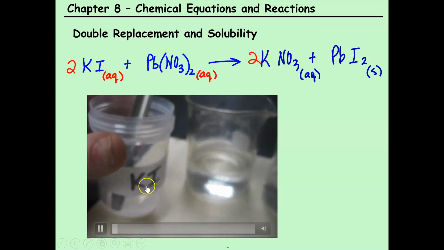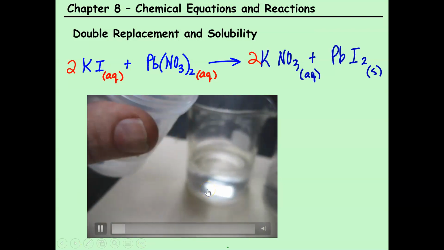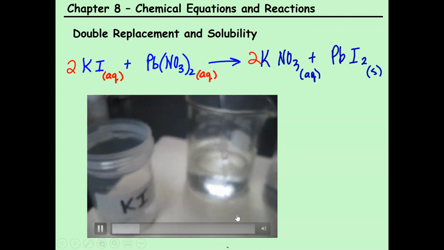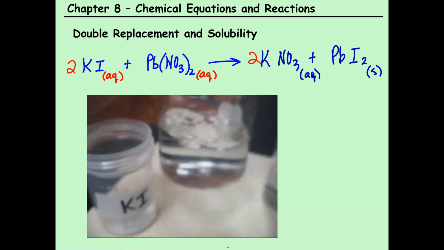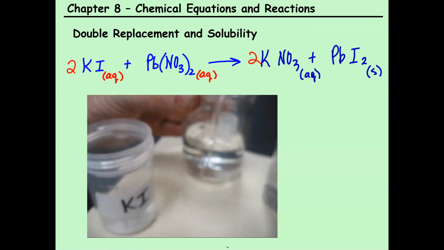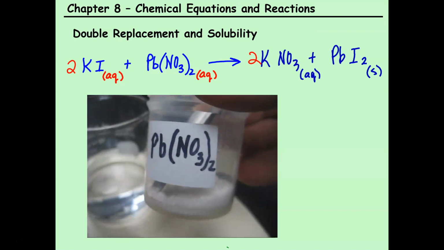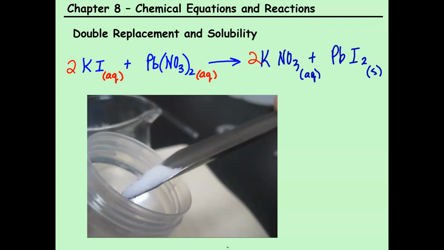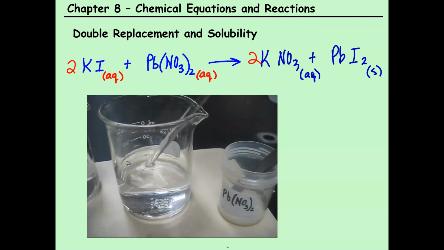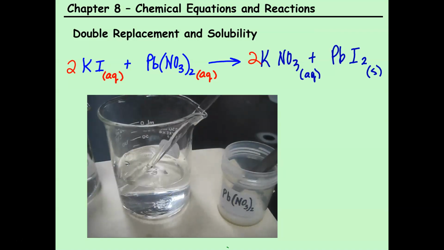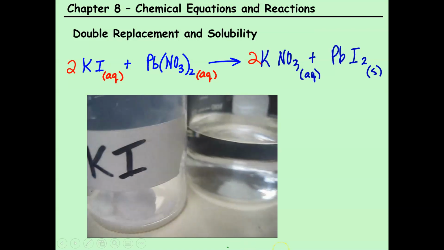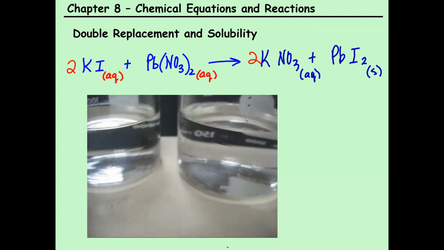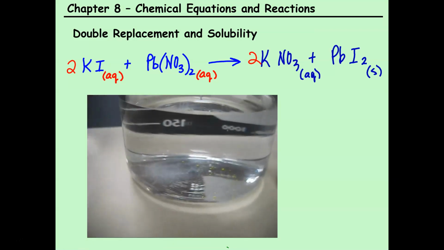All right, in this case, we have potassium iodide, looks like salt, and it dissolves in water quite easily as well. Swirl it around, and we have, again, a clear solution that you cannot even tell that there's anything dissolved in it. In the other one, we're going to put some lead nitrate. And lead nitrate looks kind of like sugar. And it too dissolves quite easily in water. So we'll put a little in, swirl it around, and again, we have a clear solution. Now, to perform the reaction, we just pour one into the other. And we have two clear solutions here. And when we pour one into the other,